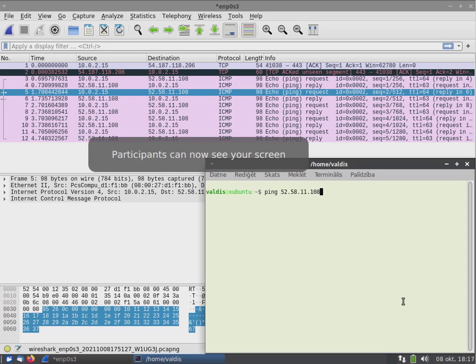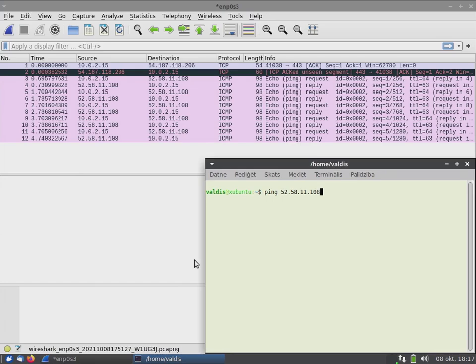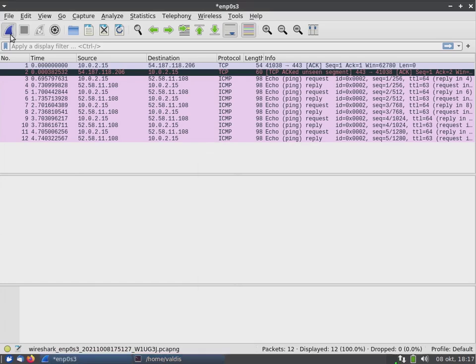Before we go forward, what I wanted to show is how this address resolution protocol works.